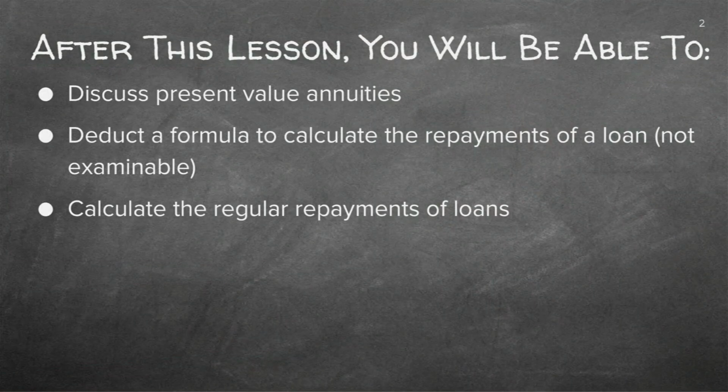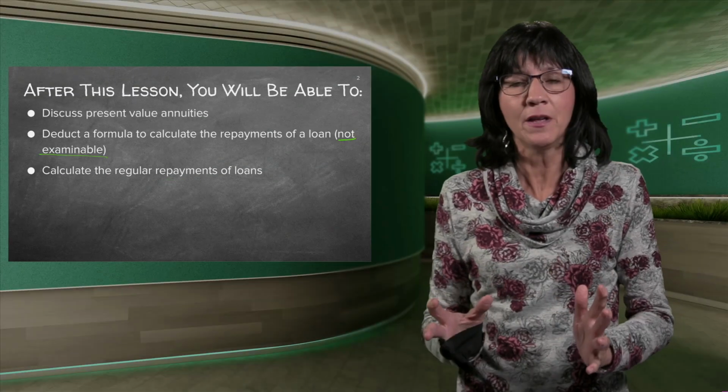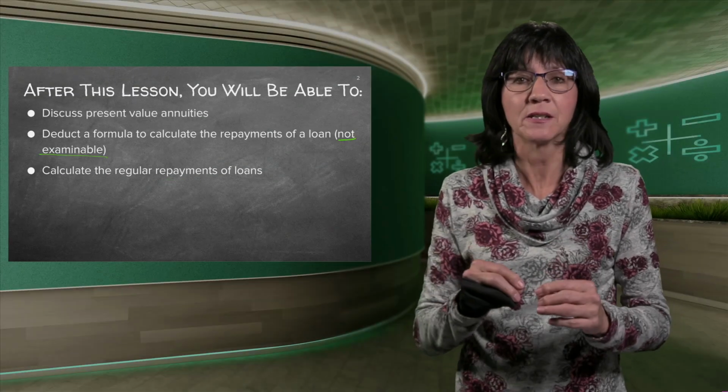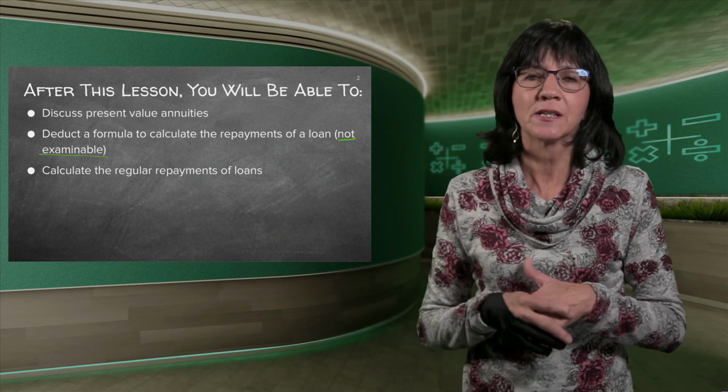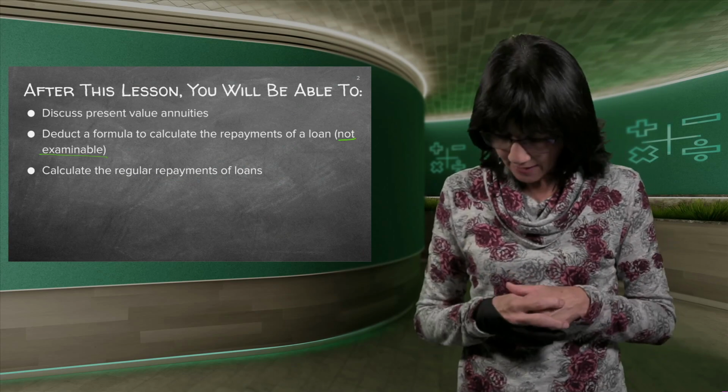We're going to deduce a formula again so that you can see where it's coming from. But as I said, it's not examinable to do the whole change from sequences to the formula. You just need to be able to use it. And normally we use this for loans because we want some money at present so that we can buy ourselves a big present, a car or whatever. That's why we call it the present value formula and present value annuities. That is when we take out a loan.